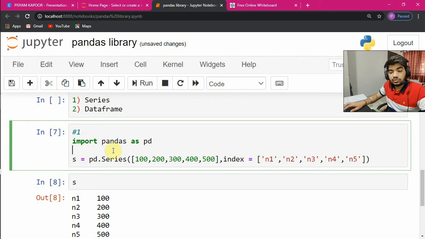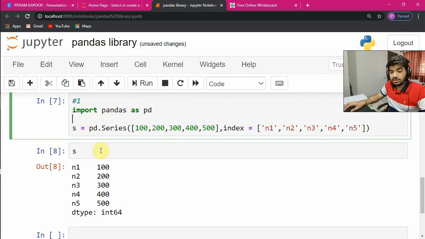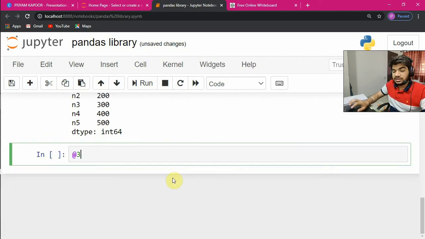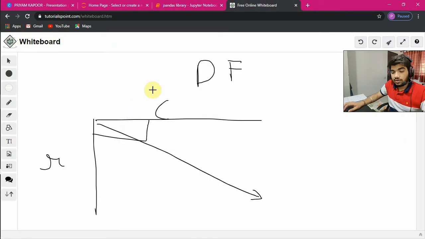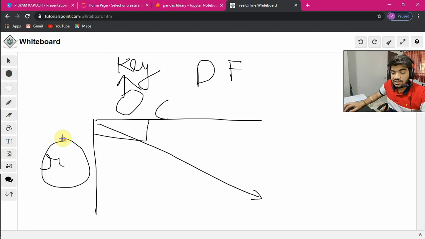The main thing which is used in pandas is the data frame feature. So we'll be creating the data frame first of all. Okay. So what is data frame? I have already explained. So how do we work on data frame? It's easy. We have to give the column names as key. We'll have to use a dictionary. We give the column name as key and the values as rows. So rows will be the values and key will be the column.